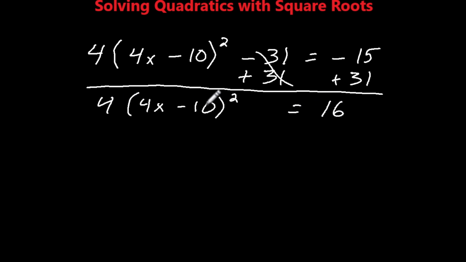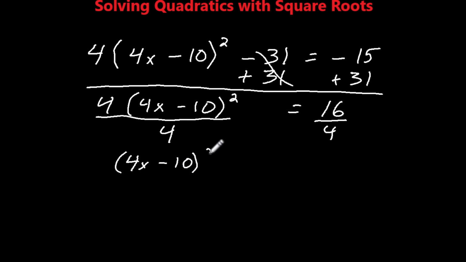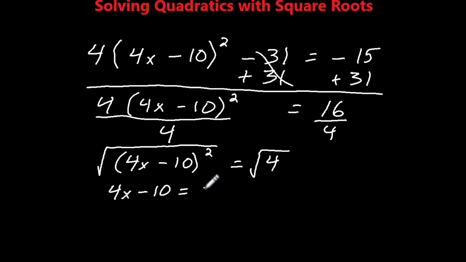And then to get this part by itself, I need to divide both sides by 4. So now what we're up to is we have 4x minus 10, that expression squared, equals 4 on this side. And this one is going to be fairly easy. If I take the square root of both sides, what I'm going to get is 4x minus 10 equals positive 2. I'm going to put the plus there,